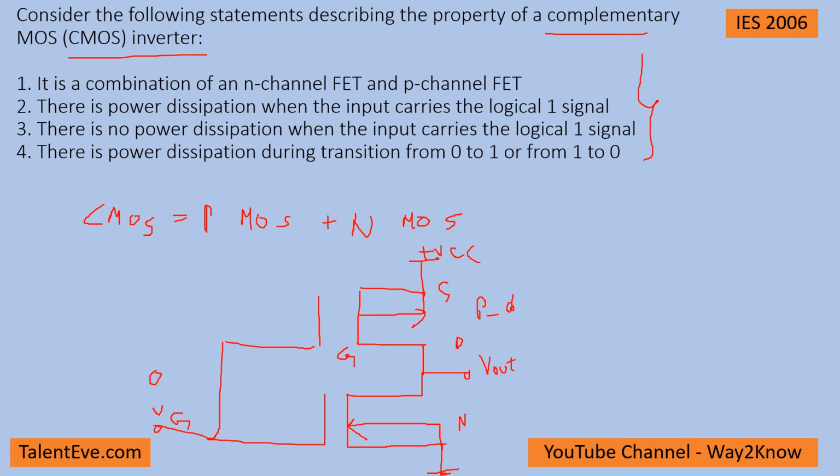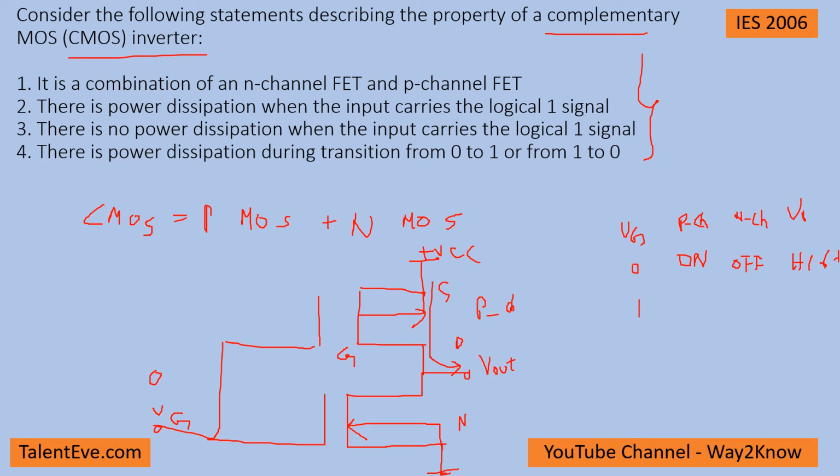this particular transistor P channel would be on and N channel would be off. So when VG is 0, the P channel would be on and N channel would be off. Okay. So now when N channel is off and P channel is on, there will be a conducting path, and what happens is the output will be high. There will be power dissipation across only this transistor because of the leakage or the capacitance.